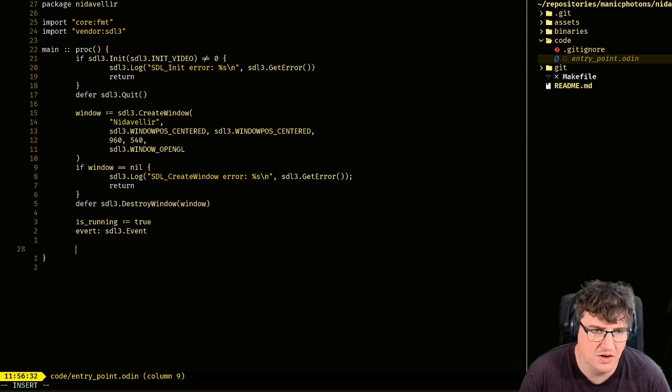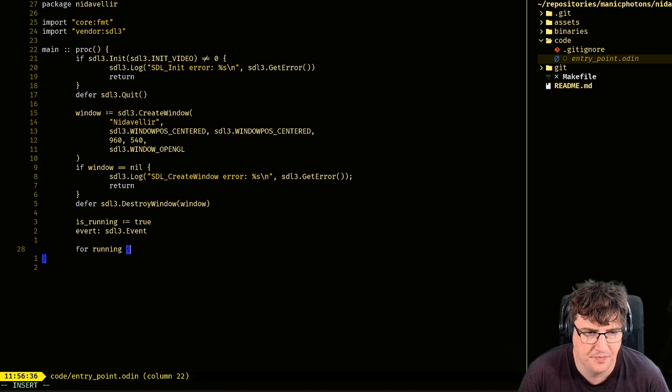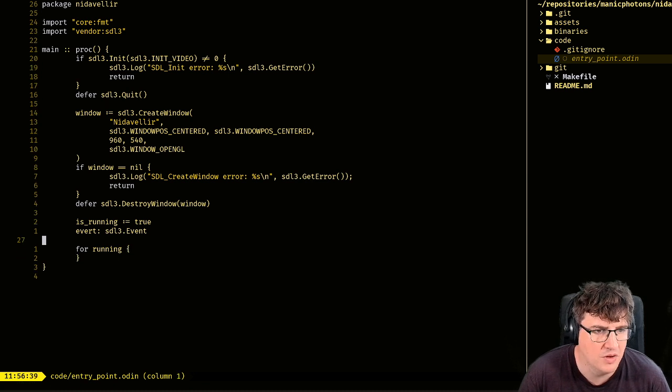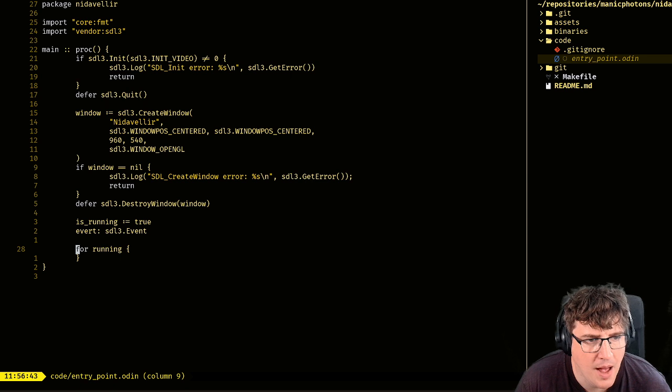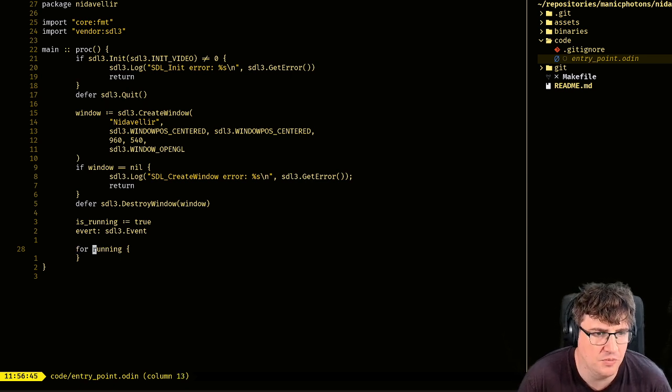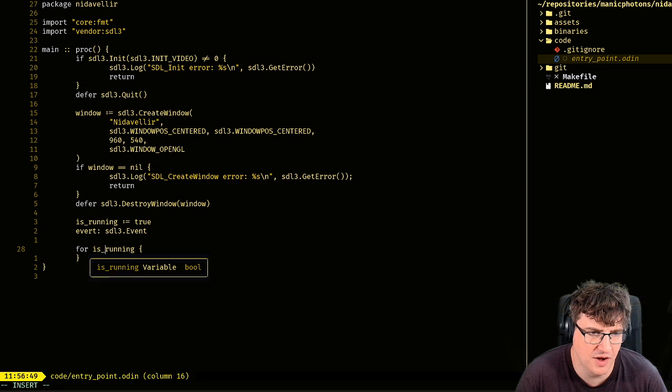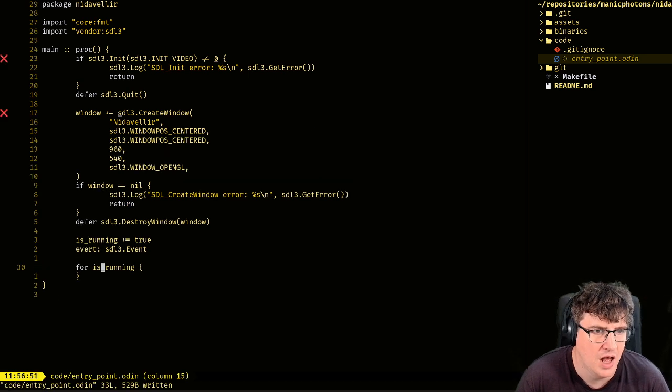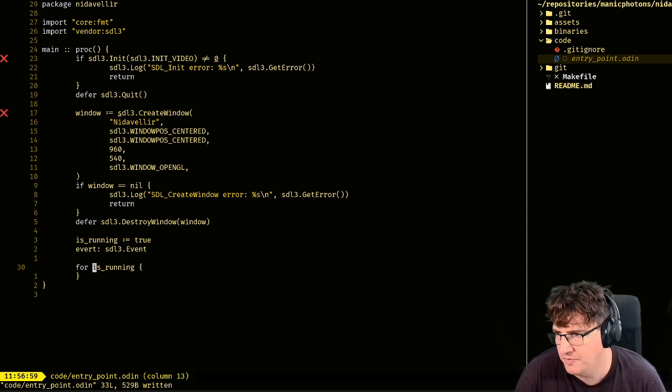And that way we can do some event handling. So firstly, for loops with a single value, like here, for is running. This is a way for us to do the equivalent of a while loop in Odin.